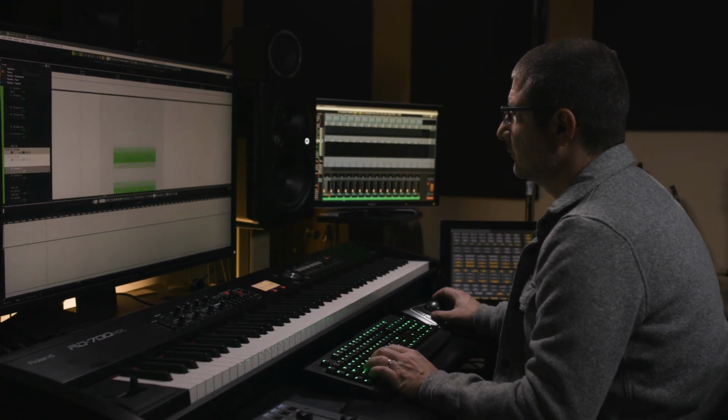It's the simple features too that really allow us to stay organized and moving quickly. Marker track and exporting cycle markers is a massive one. Game Audio Connect, which connects with Wwise, is also another one. Render in Place is a massive one for us. All of these features really help us stay moving and stay creative.